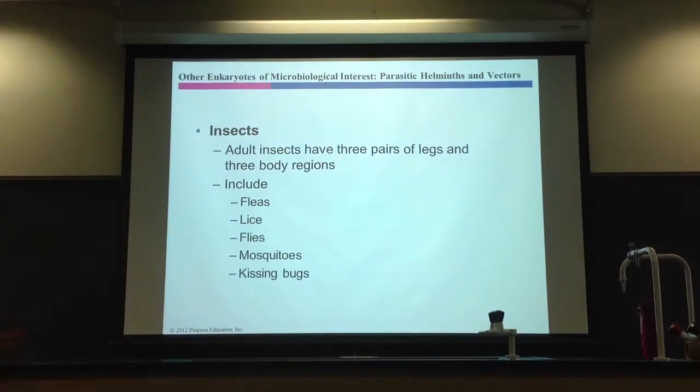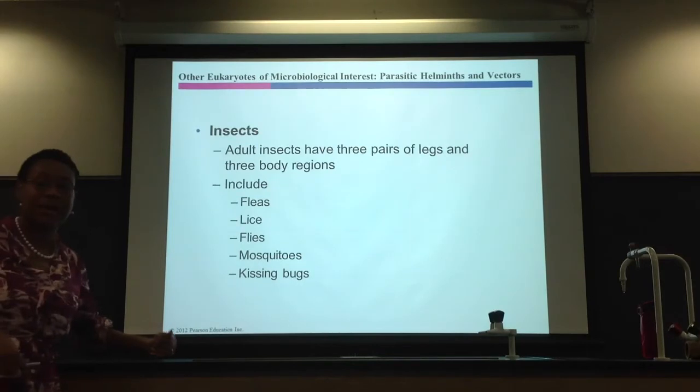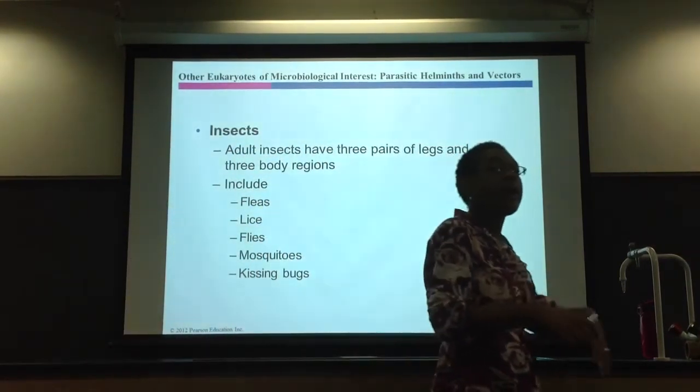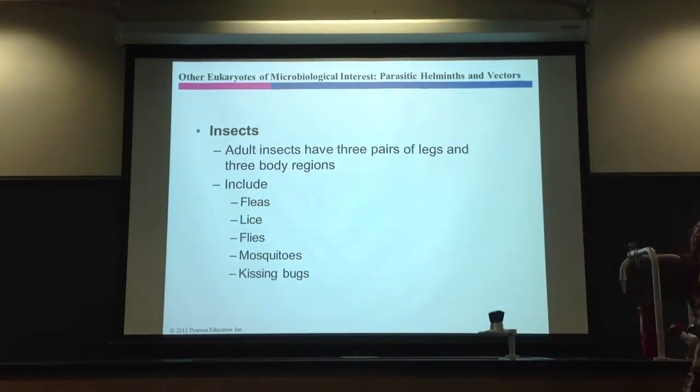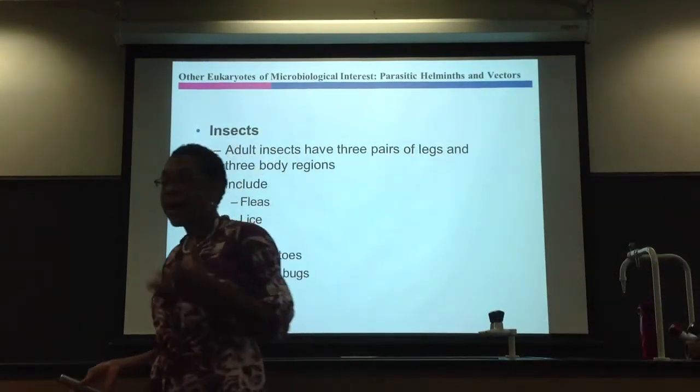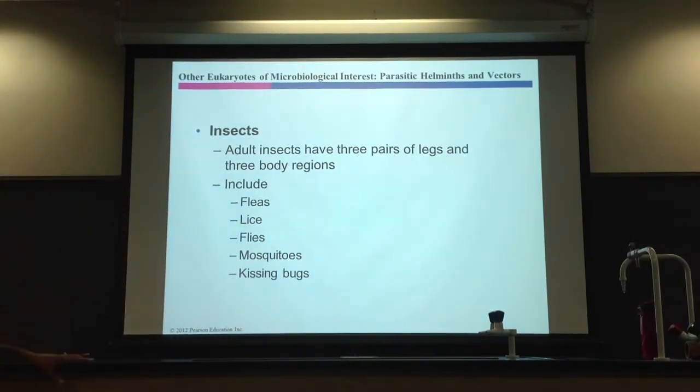For example, if you know anything about the bubonic plague or Black Death, it occurred back in the Middle Ages. It was caused by Yersinia pestis. Now, Yersinia pestis is a bacterium. It causes the plague. Fleas harbor that bacteria, and the fleas were living on rats. So you see where we're going with this? Back in the Middle Ages, rats were basically running rampant in the streets. Those rats carried fleas. Those fleas carried Yersinia. And if you got bit by that flea, you got Yersinia, you died. So bubonic plague took out about 1/3 of all of Europe's population, just with fleas and Yersinia.